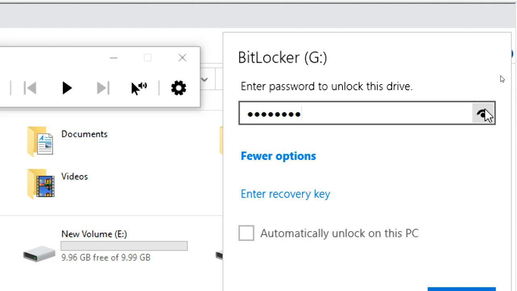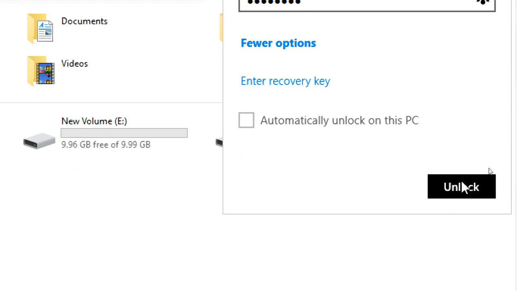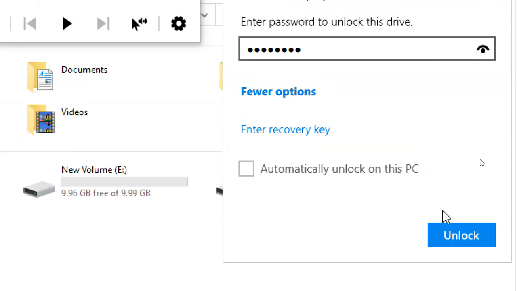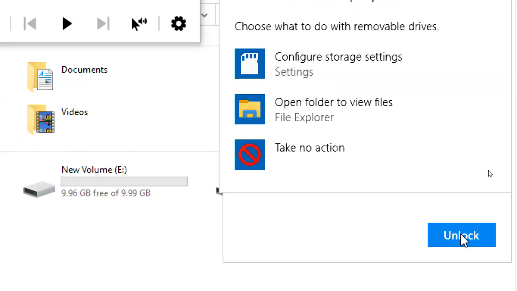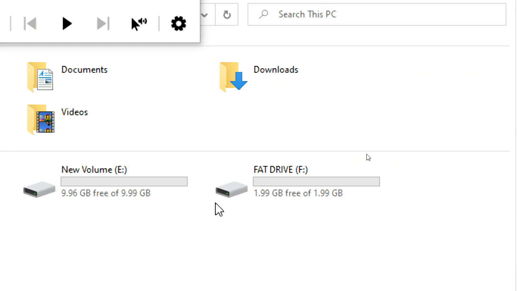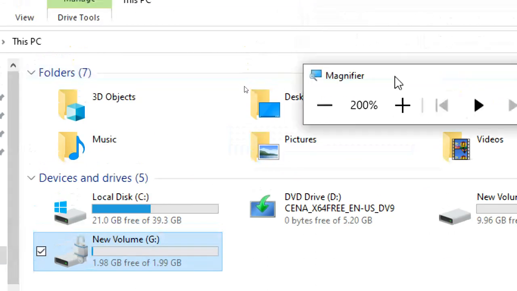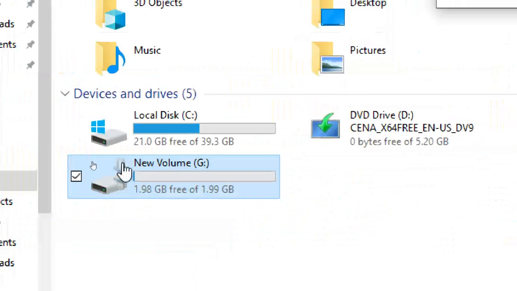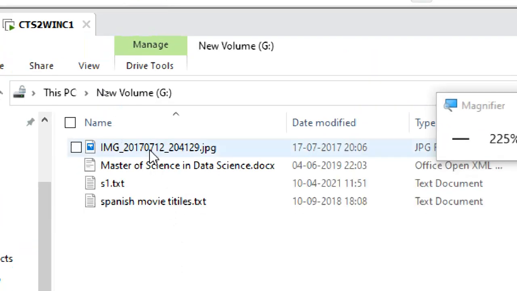Okay, unlock. Now it is open. See, you can see it's an unlock symbol. So open it. You have your data.